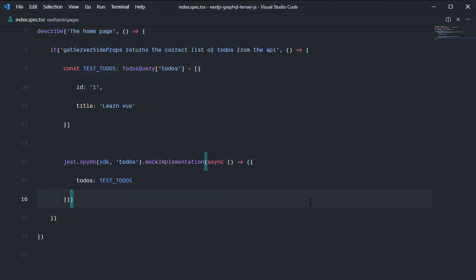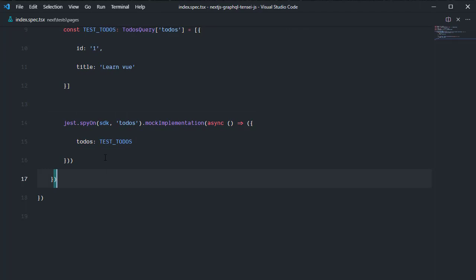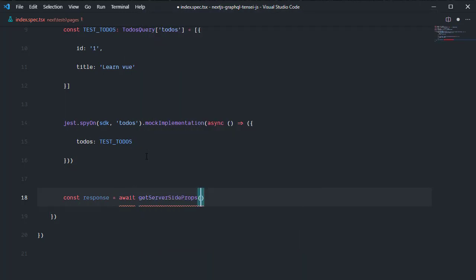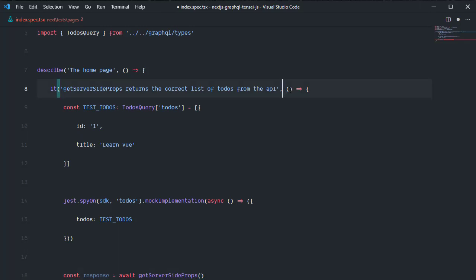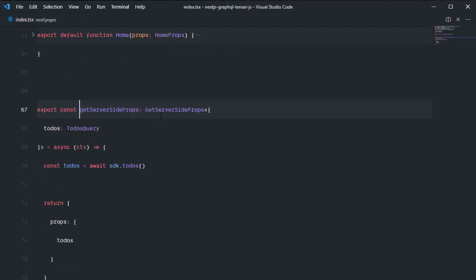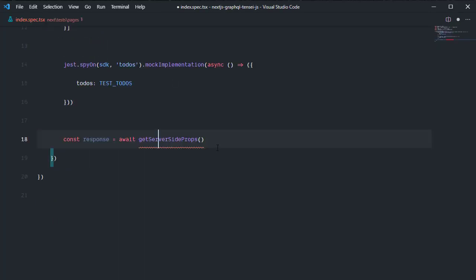So now I need to actually perform the action. All of this is called the preparation step for my test. Now I need to perform the action, which is to invoke the getServerSideProps function. So I'm going to say const response is equal to await getServerSideProps, and of course I have to make this function async. And now the most important bit is remembering that the getServerSideProps actually receives the context as an argument. And now I would pass in an empty object and cast this to any, because the context is not